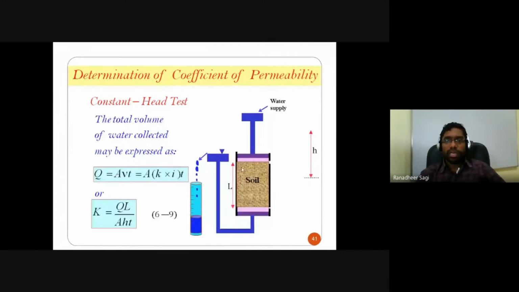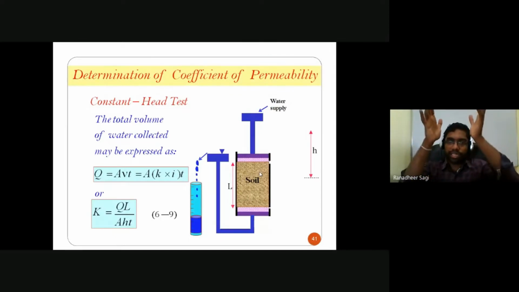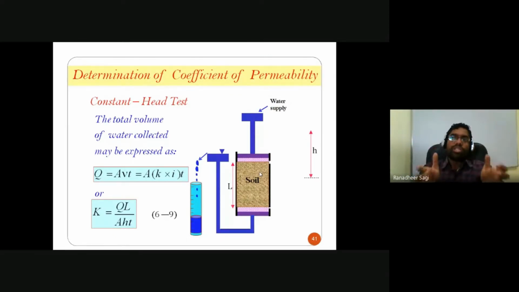Okay, look here. This is what I am calling my permeameter. It's nothing but your test setup mold, in which I am going to place your cylindrical soil sample. How to place the soil sample and so on, you will get to know once you perform your test. Basically, we'll have a cylindrical tube, a cylindrical mold of some cross section. You'll push that cylindrical mold into the soil sample, so that you collect your cylindrical soil sample into that particular mold.